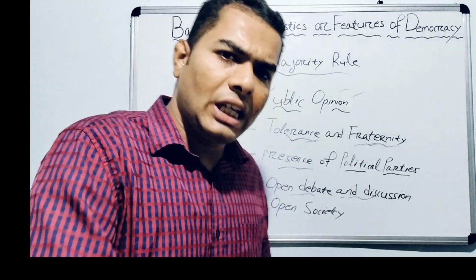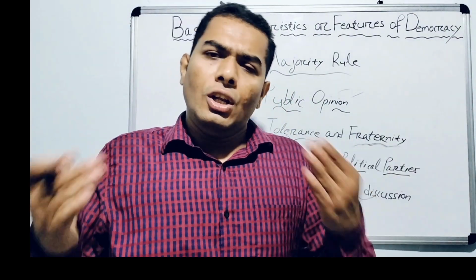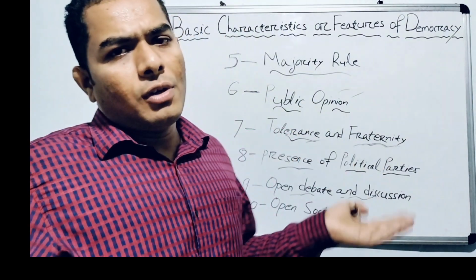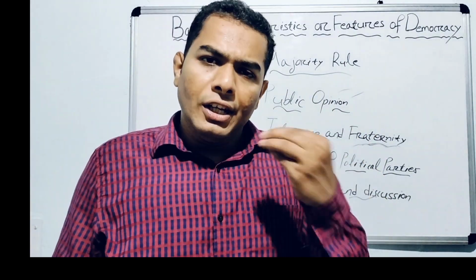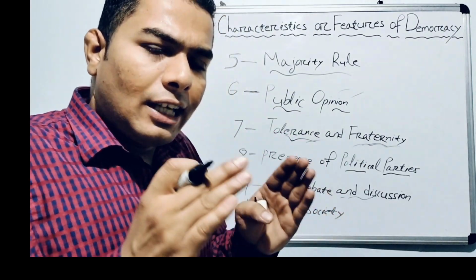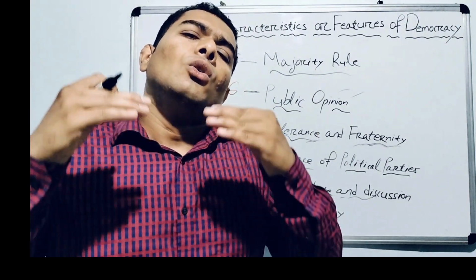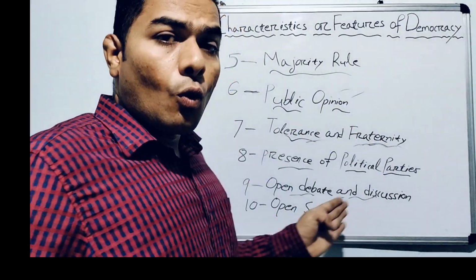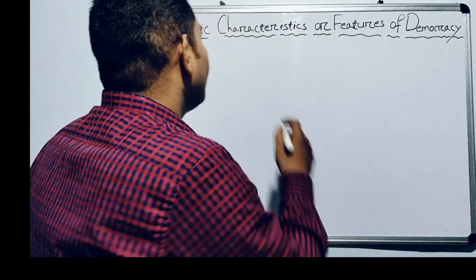Anyone can come to the society, anyone can go out of the society, anyone can organize any activities in the society, and anyone has the right to express their opinion. So the society is open for everyone, so that all the people will live a good life, open-mindedness will be developed among the people, and nothing will be hidden in the society, so that everyone will be able to know everything about the society and the government. This is your open society. Now we'll discuss the next feature.